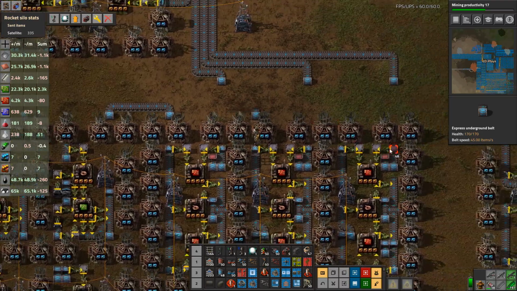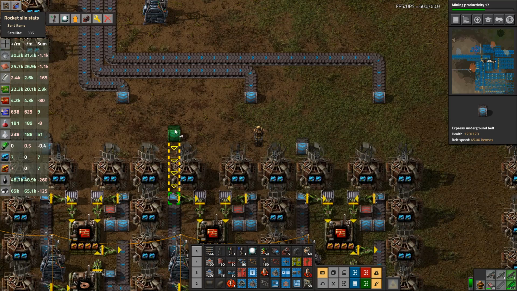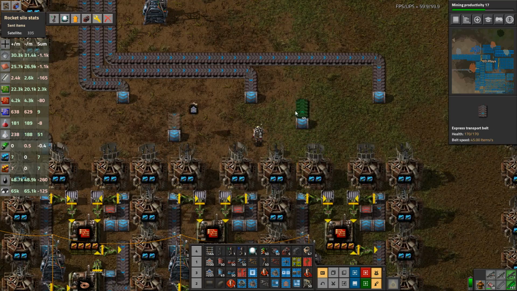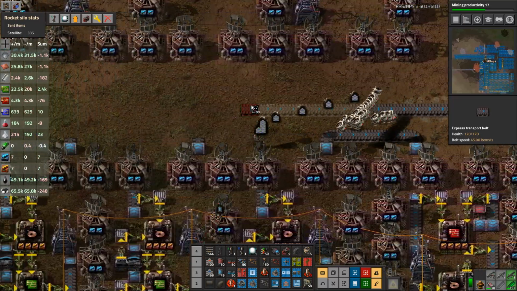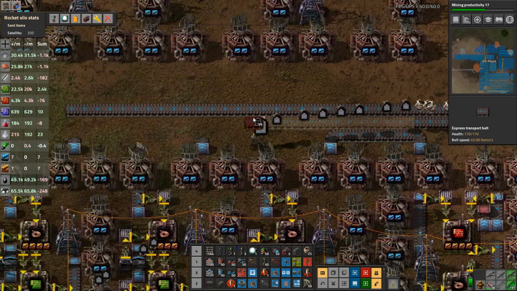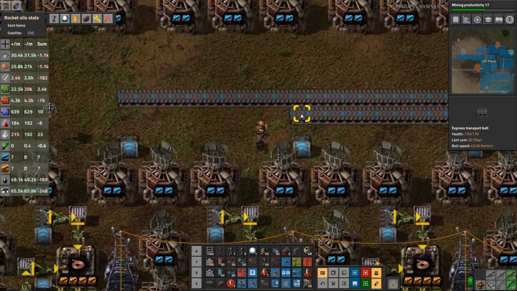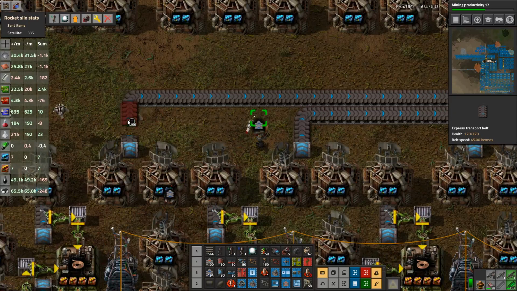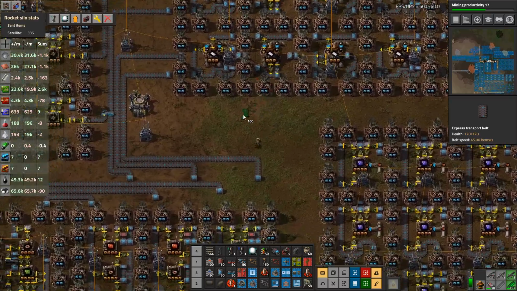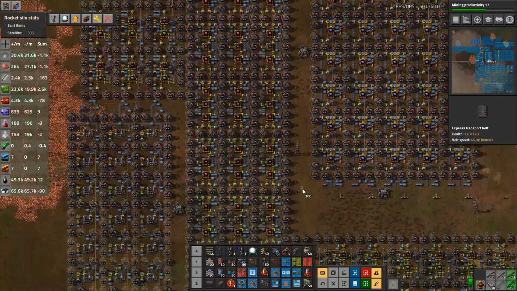So 1, 2, 3. Actually, we'll move you up a tile. We'll move you up a tile. That one goes there. That one goes... Oop. That one won't reach, so we go there and there. So that brings green circuits in. This is plastic from up here, coming straight in as well. On top of that, at the other end of this,